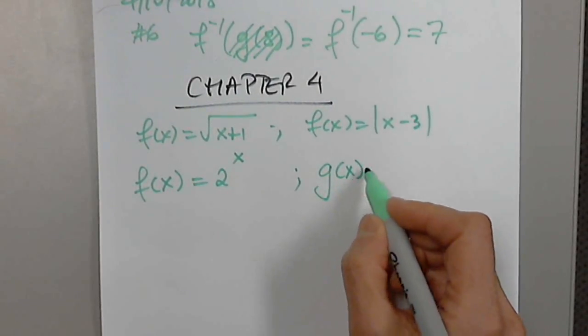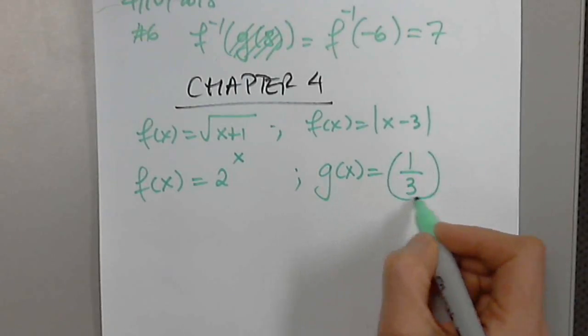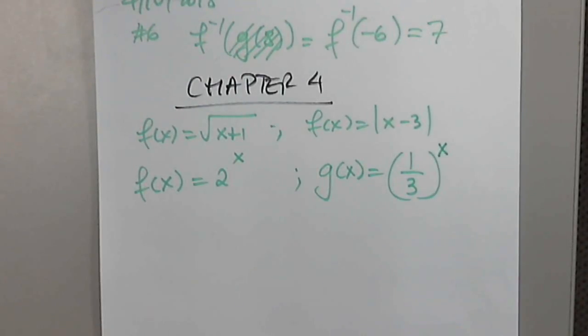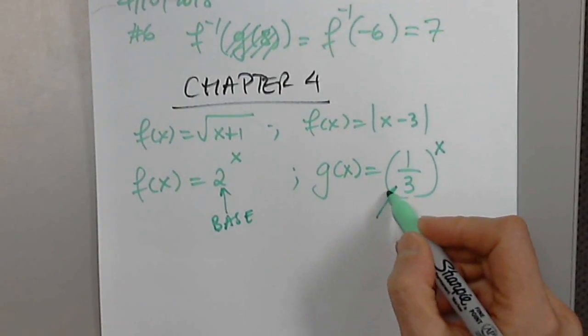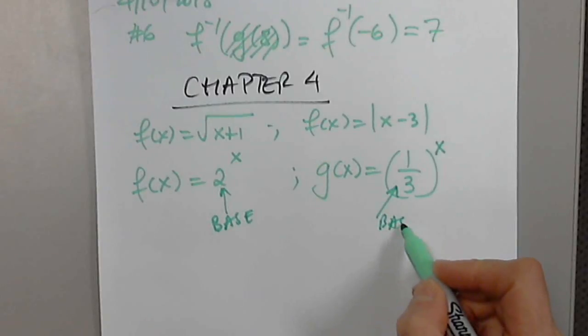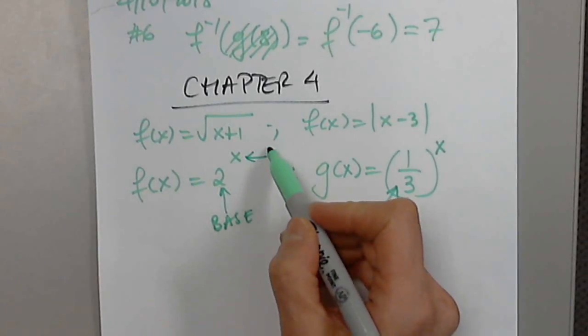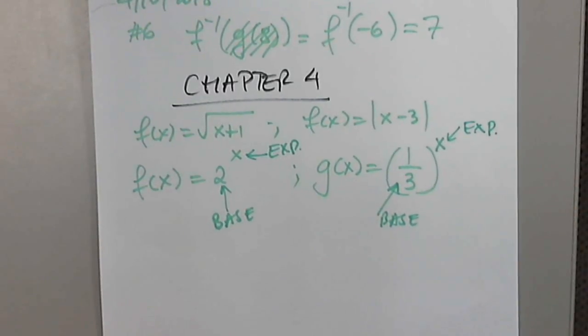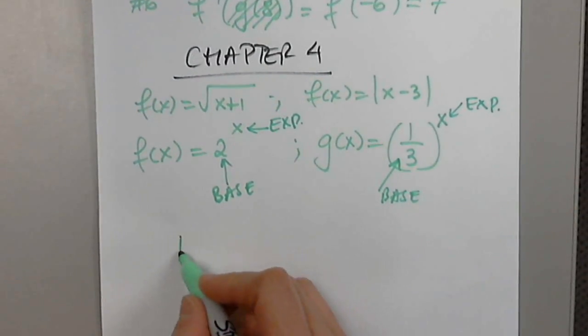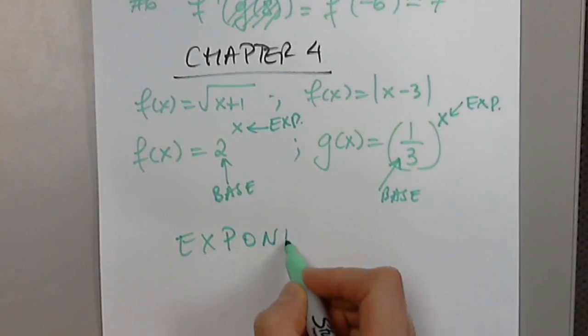Let's say g of x equals 1/3 everything to the x. Exponential. Yes, because the variable is the exponent. And this is the base. This is the base. In this case, it's 1/3. And this is the power or exponent in both cases. So when we start talking about the exponential function,